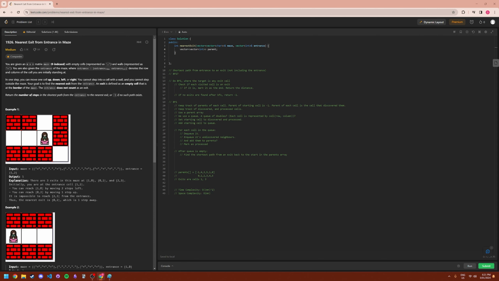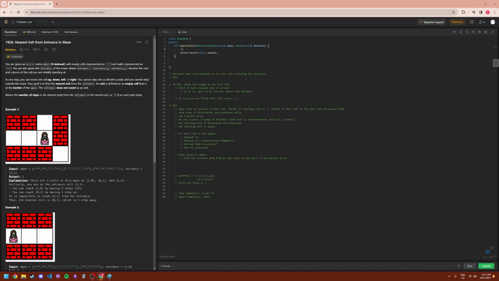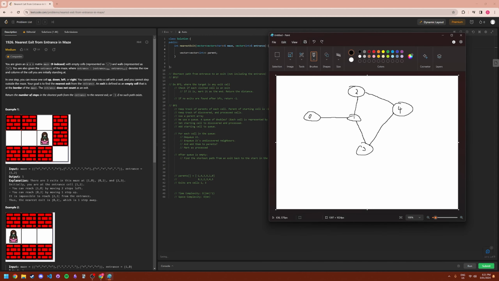Parent. So, parent array. How can I draw what that would look like? So the parent array would be like this,